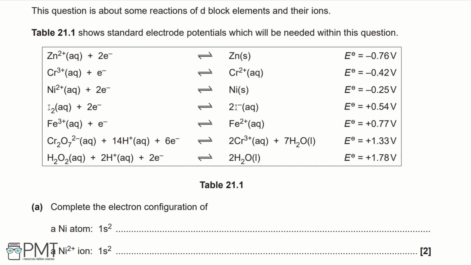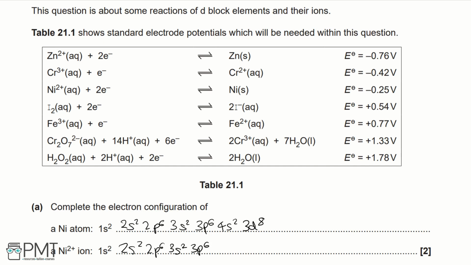The electronic configuration for a nickel atom is 1s2, 2s2, 2p6, 3s2, 3p6, 4s2, 3d8. For a nickel 2+ ion, most of the electronic configuration from the nickel atom will stay the same. So we'll have 1s2, 2s2, 2p6, 3s2, 3p6, but here at the end we're going to change the electronic configuration